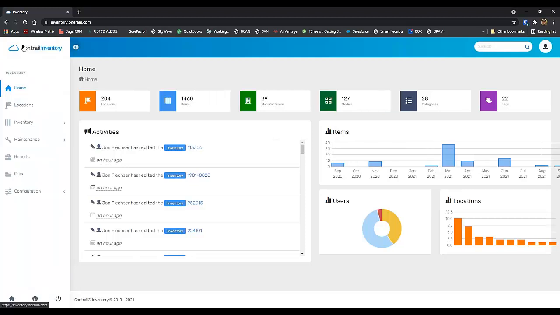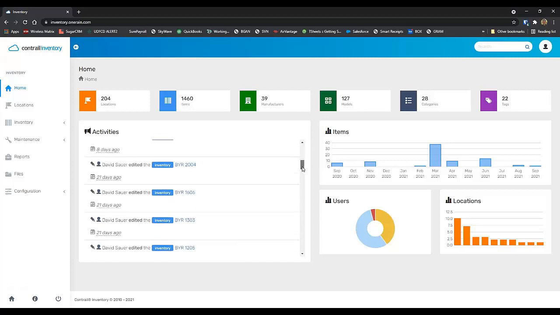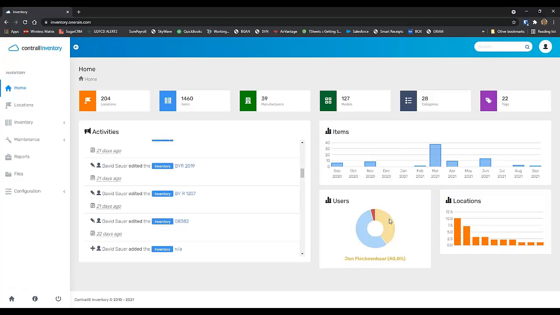Right now I am on the home dashboard of the inventory page. On the left is our toolbar, and then we have the tiles here of the quick dashboard. A quick way to see recent activity of who's doing what, to what inventory item and when. We can see right now that this is actually an active user, and we've had inventory being changed in the last couple of hours. Other quick snippets of information are specific inventory items being added, active users, and active